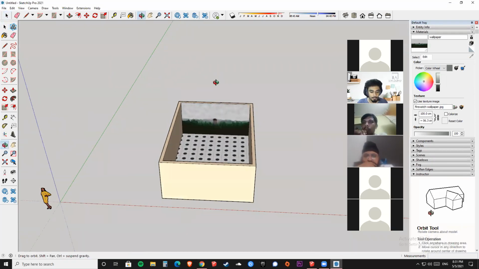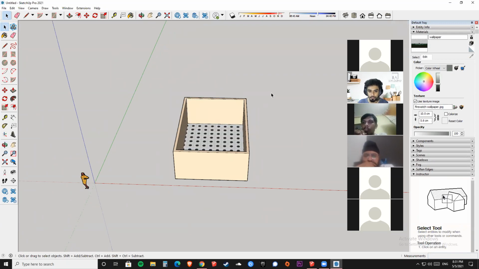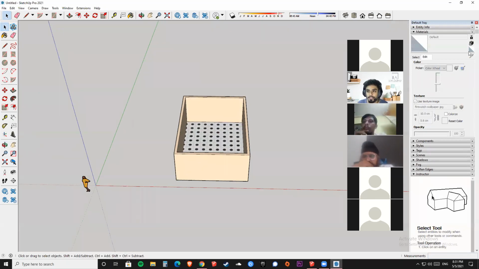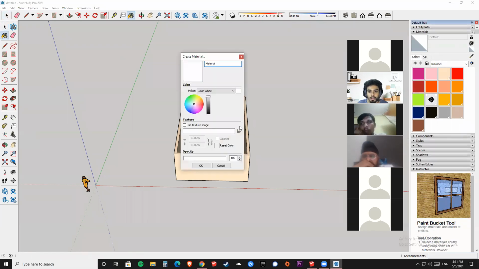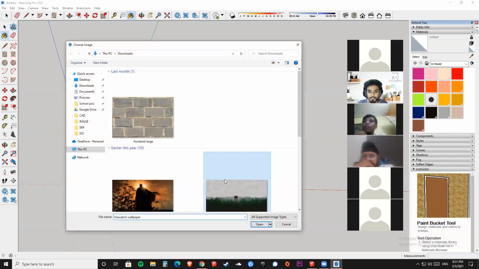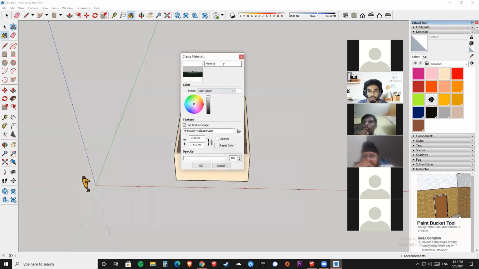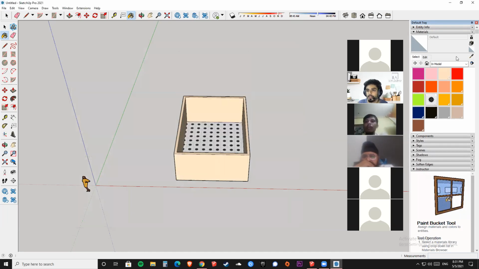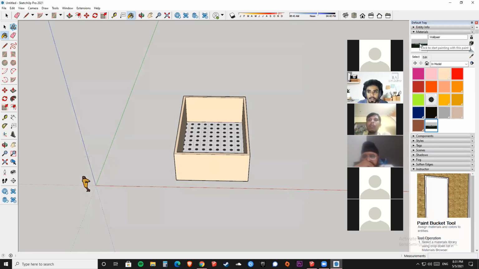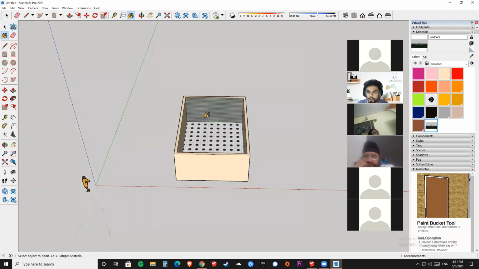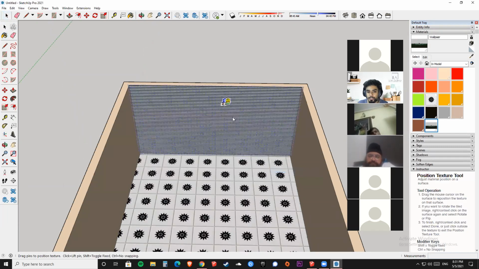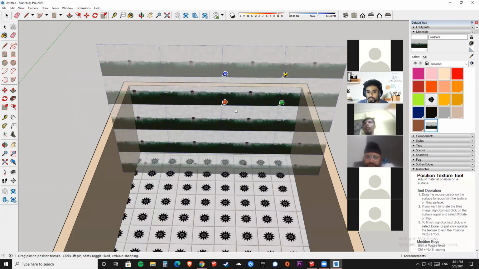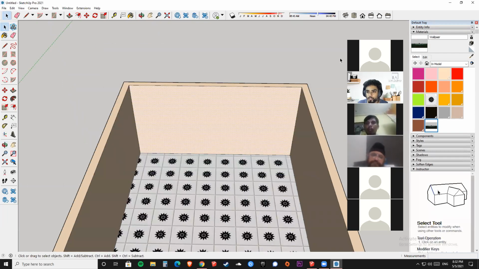Now, once again, I'll repeat the entire step. I will first set this to default and then I will press create material. Go down to this folder icon, choose an image, press open, rename it over here and I'll import it. Press OK. Now the wallpaper has been imported. Click. I'll apply it over here on this wall. And if you guys want, you can straight away right click, texture, position, and you can increase it. But since you guys are very new to it, or at least most of you are new to it,